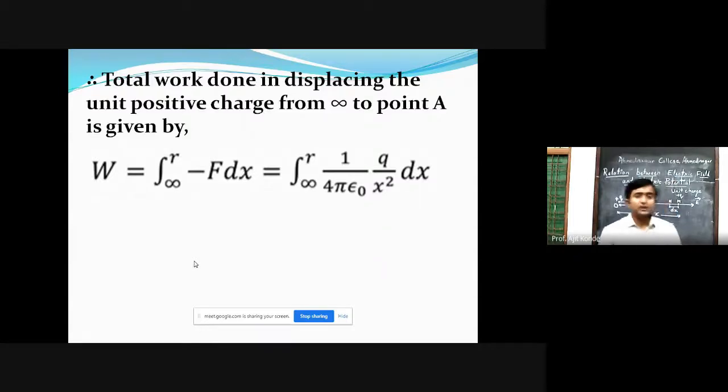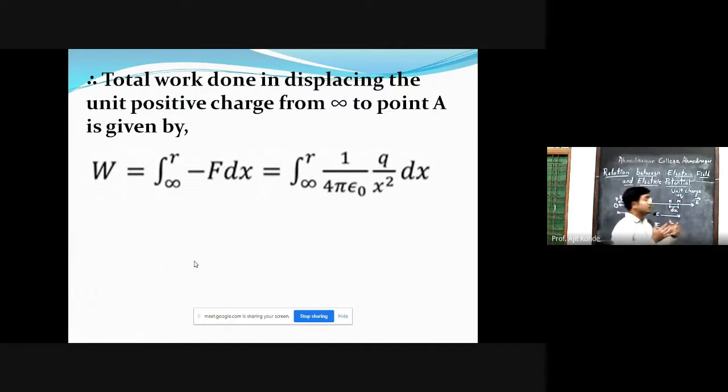Now see, previously we were seeing electric potential energy, where we were moving the charge from infinity to a point. Over here, we have to move the unit positive charge from infinity to a specific point, and that specific point is A. Now this M will be treated as infinity. And if a charge is at infinity, the electric potential will be 0, because we have studied that. What is zero potential? At infinity, potential is always 0. Therefore, that point is called zero potential.